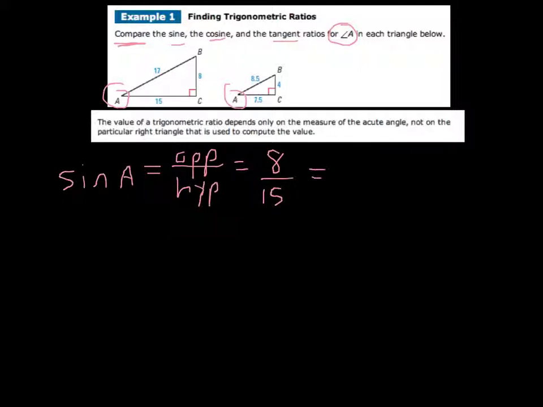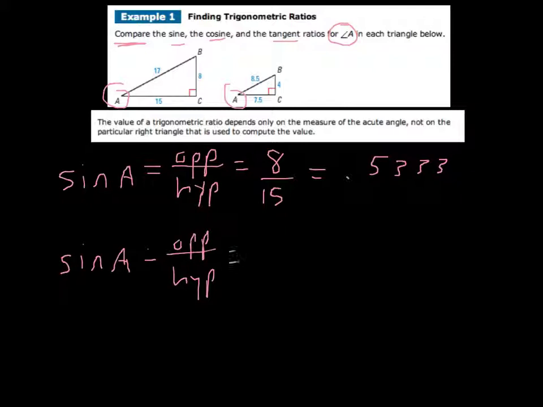This is the one time we're going to break from my age-old wisdom of no decimals. 8 divided by 15 is 0.5333. We like to go out 4 decimal places for trig ratios. If you look at the smaller triangle, the sine of A is equal to, again, opposite over hypotenuse, which is equal to 4 over 7.5, which is equal to, you guessed it,